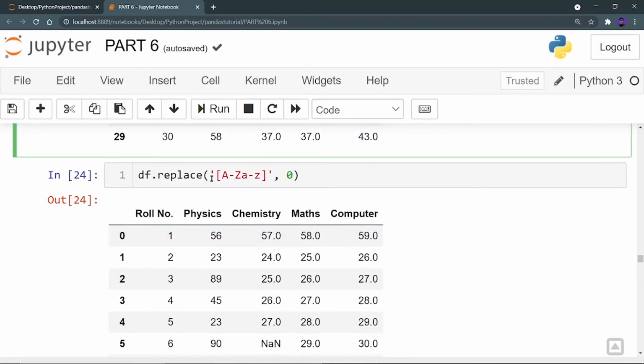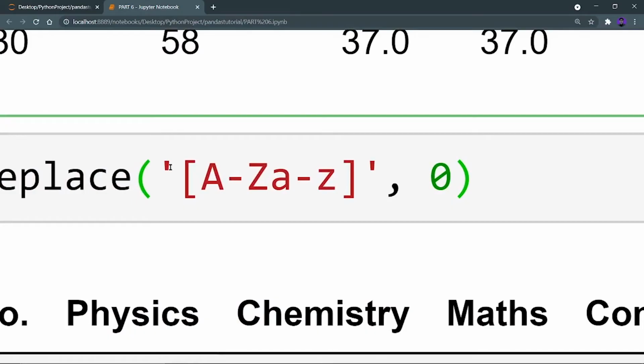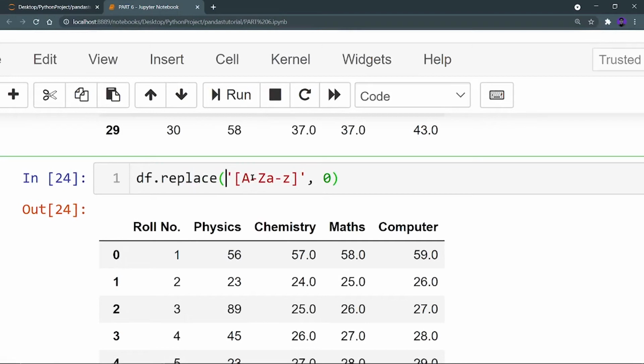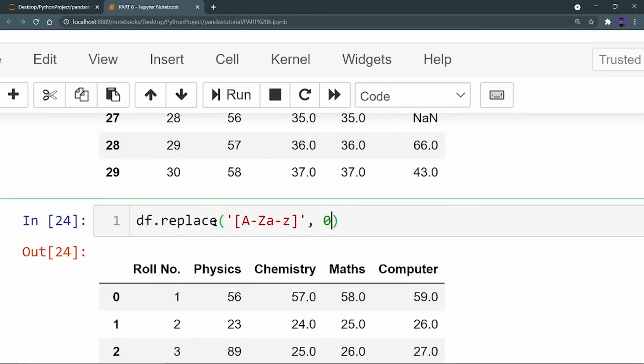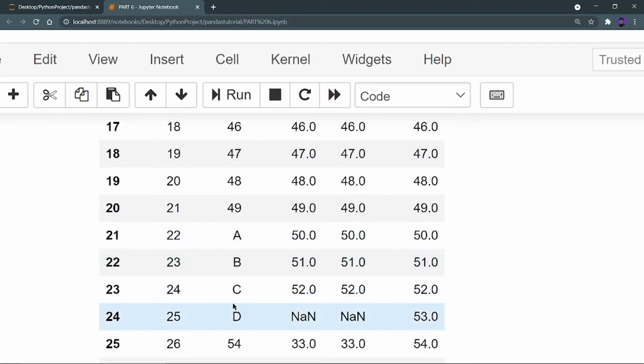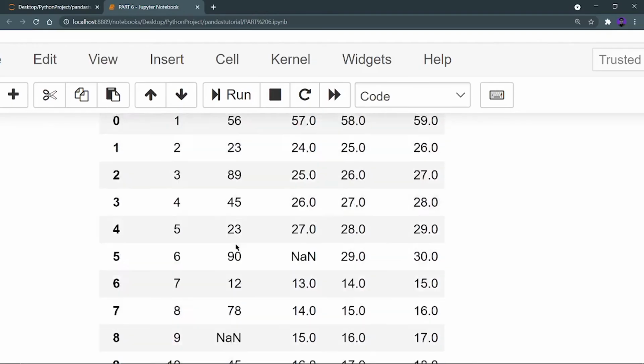Now this is something new and important. You have to see that the quotes are not inside the square bracket; the quotes are outside the square bracket. This means that wherever I get string characters, whether uppercase or lowercase, all these string characters will be replaced with 0. You can provide a string, a single character, or a different number over here. But all my string characters will be replaced with 0. But when I run this, I can see that A, B, C and D are still there. They are not replaced with 0. So what is the mistake I'm making?